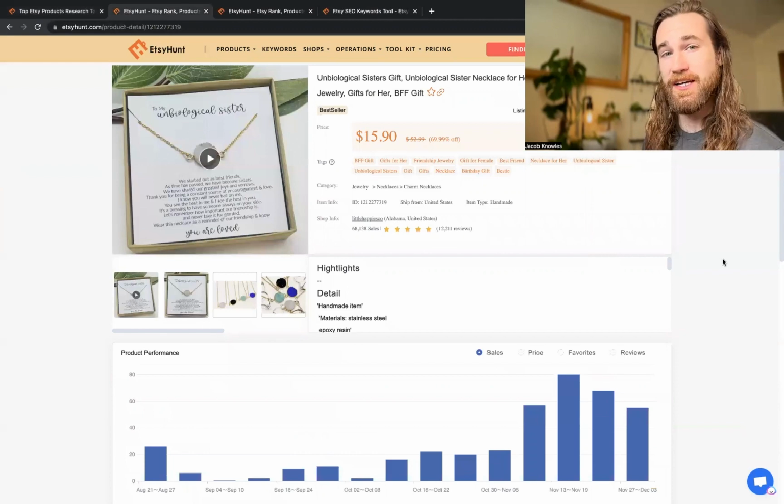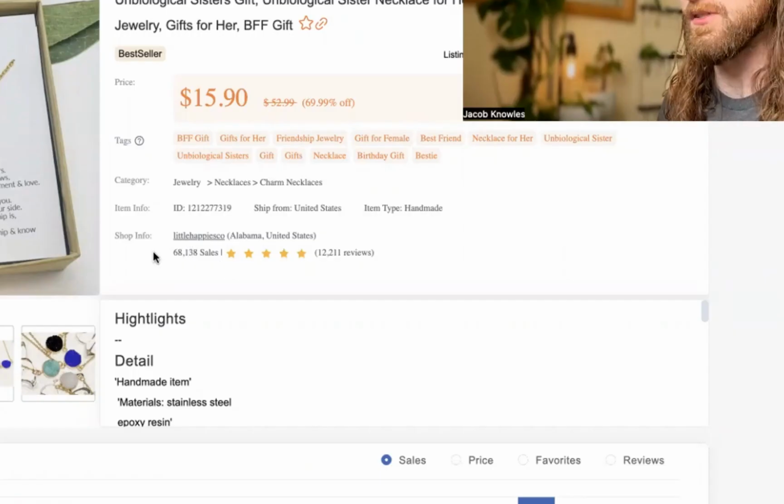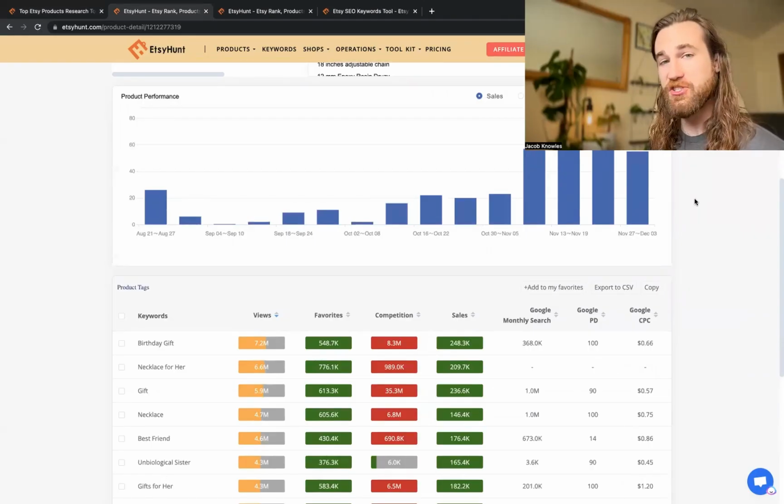So EtsyHunt is going to help us with even more metrics, even more data. It's even going to tell us the tags that they are using with this listing. Their store has over 68,000 sales. But this particular listing that has been selling well over the past 7 days, over the past 2 weeks, 692 sales, 1,200 favorites. If we scroll down, we can actually see a chart of when they've gotten their sales,